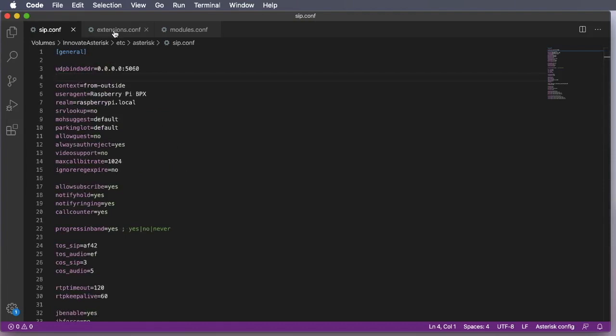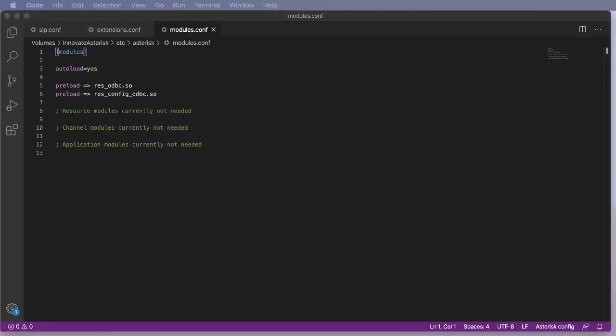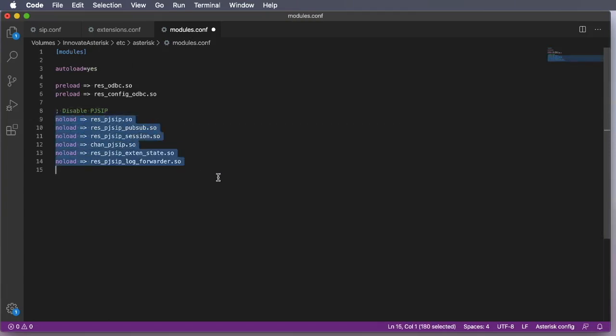Only problem is that at the moment, PJSIP and chan_sip are running. And I would like to demonstrate this application in chan_sip. So what I'm going to do is I'm just going to disable PJSIP for the moment. And I do that by preventing the load. So I'm going to say under modules, autoload yes, but noload PJSIP. Right. So saving that,